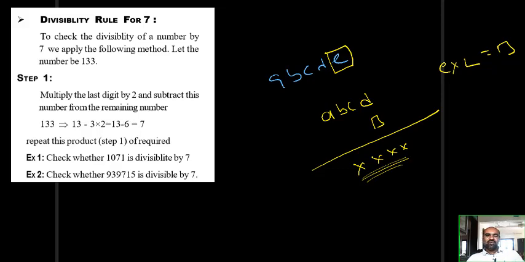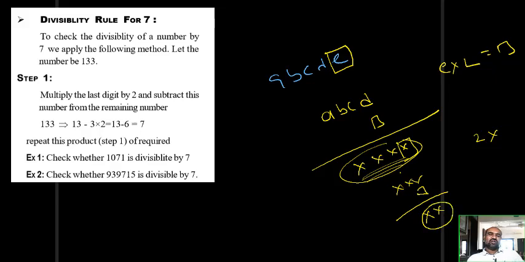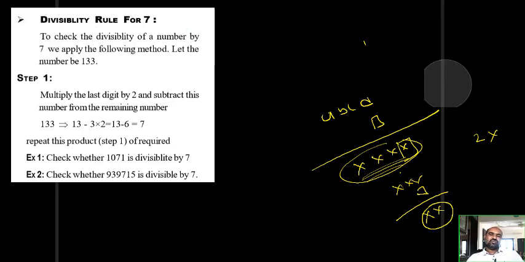If this is a bigger number, you need to proceed in a similar manner. Take the unit digit of the resulting number, multiply by 2, and you get something. That something should be subtracted from the resulting truncated number. So you get a simple 2-digit number and check whether this is divisible by 7 or not. If this is divisible by 7, the total number is divisible by 7. I will explain through one example.